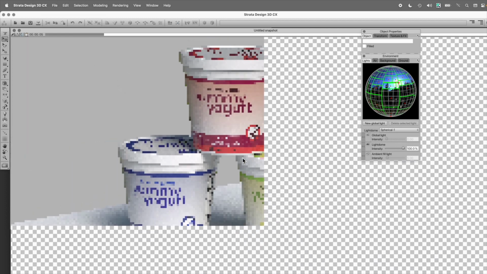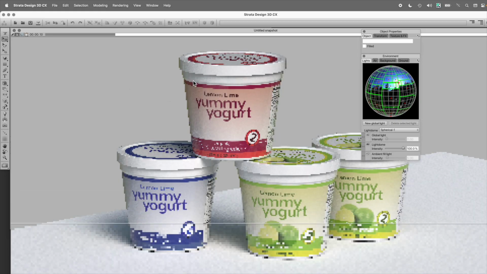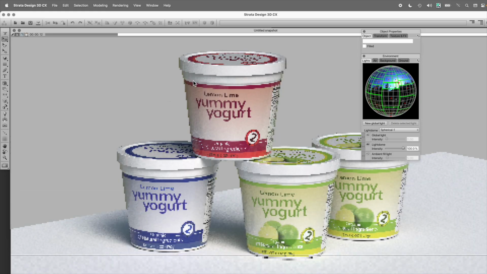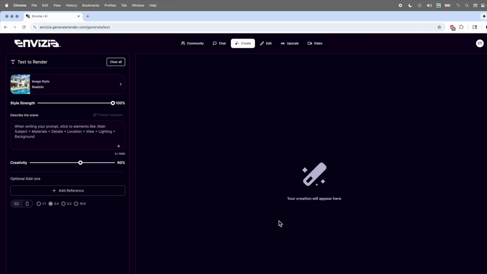we can see the products begin to resolve. And so I'm generating, in this particular case, the pixels that I actually want to use within the AI generation within Envizia. So we're going to be using kind of a hybrid approach here. Now back here in Envizia, we're going to actually be creating some new renderings, but we're not going to use